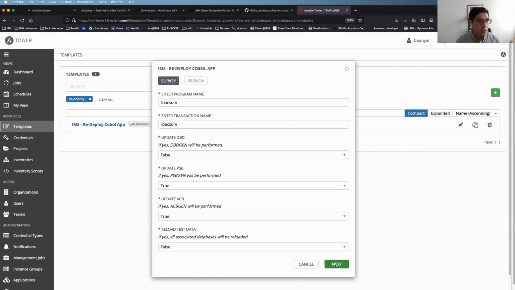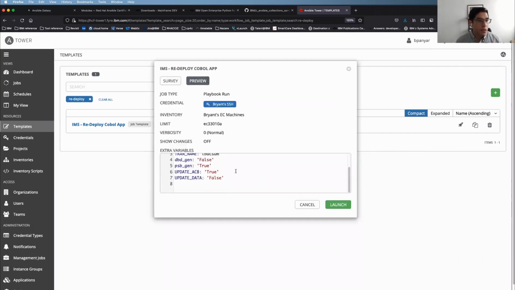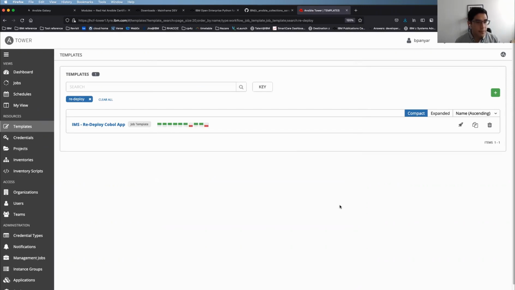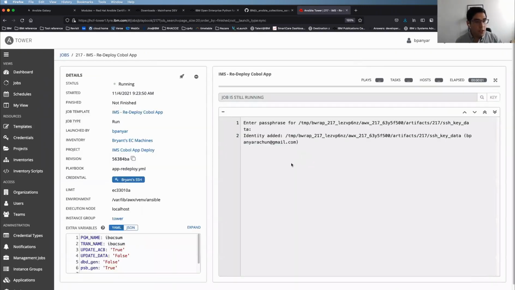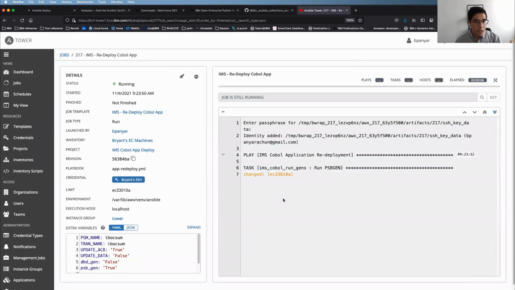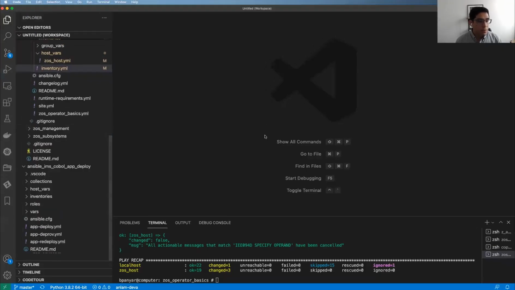So I can go ahead and click next, and it gives me a brief preview of what those variables that are actually being passed in and being used by the Ansible playbooks look like, also the inventory that I'm going to be running that against. So I'll go ahead and launch that. And once you launch it, it goes ahead and opens up this page where you can see the progress, just like what we saw in my local IDE and VS Code of running this Ansible playbook. So that'll go ahead and run. That'll just take a few minutes. But while that's running, let me actually go back to